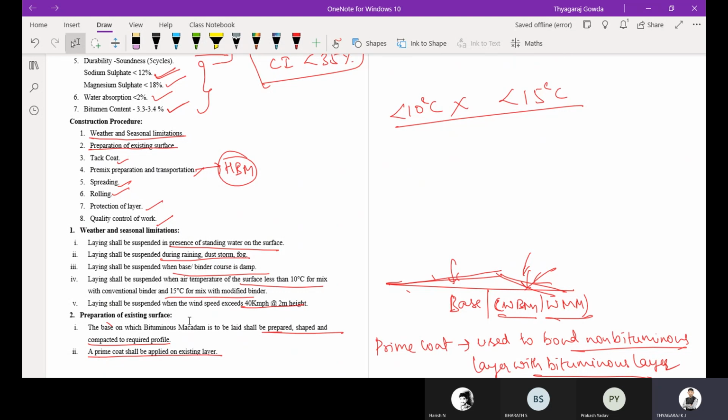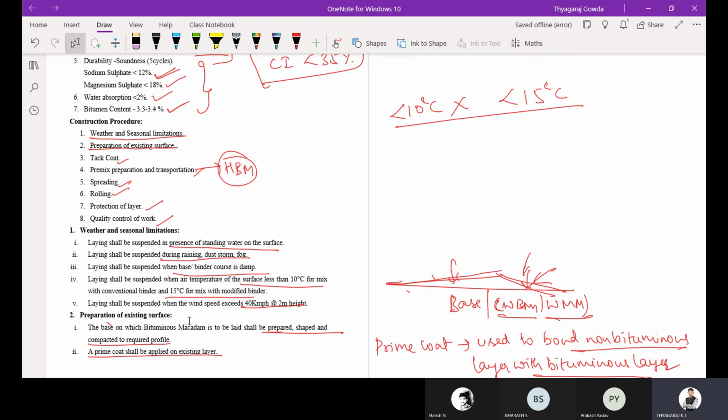Then weather and seasonal limitations. As we all know, laying shall be suspended in presence of standing water on the surface. That is, you are going to stop the construction of bituminous layer when there is water present on the surface. Whenever it is raining, then also you are going to stop laying the bituminous mix.